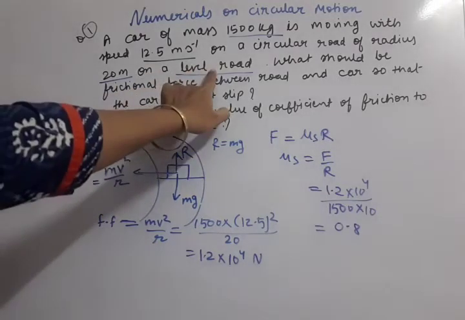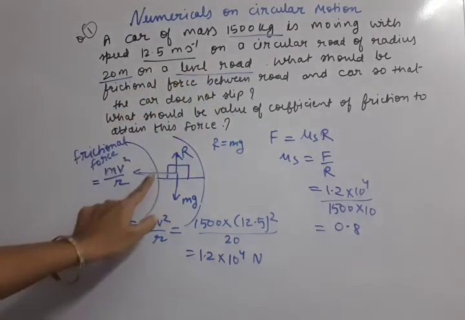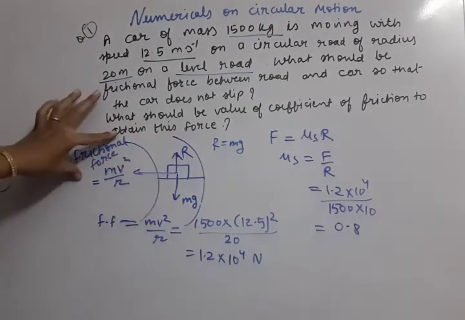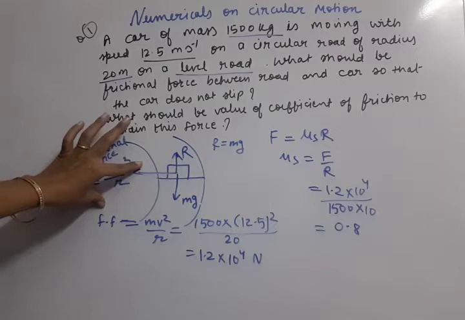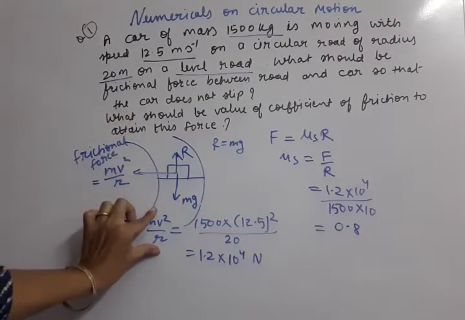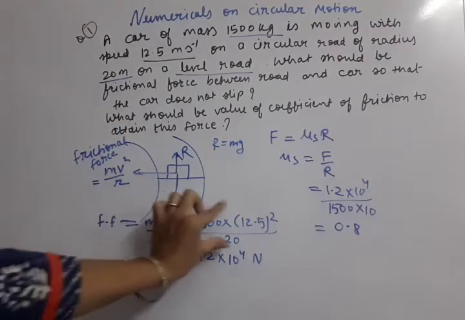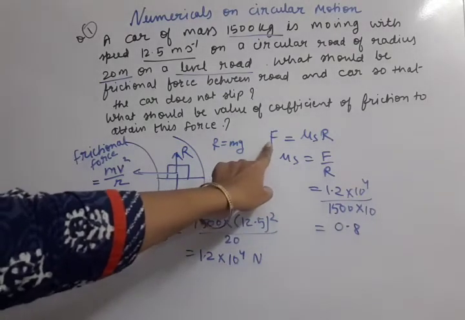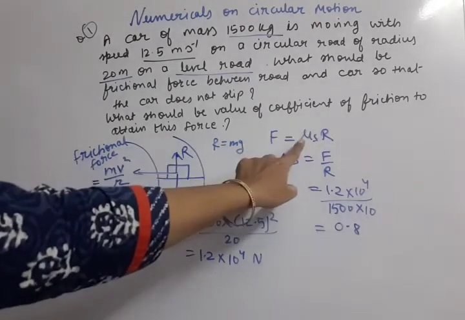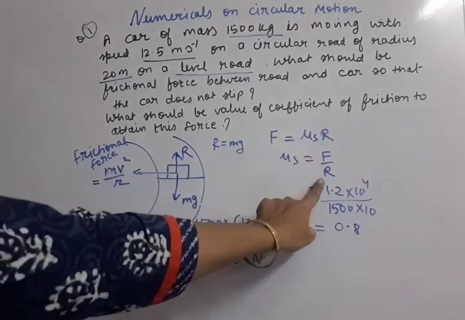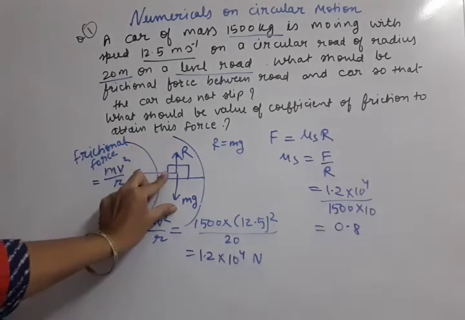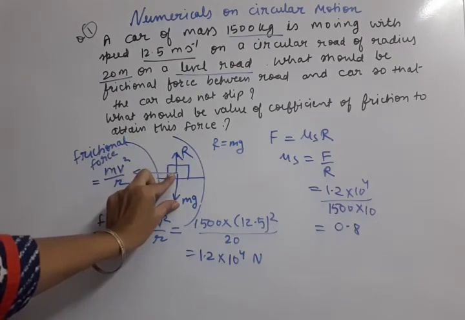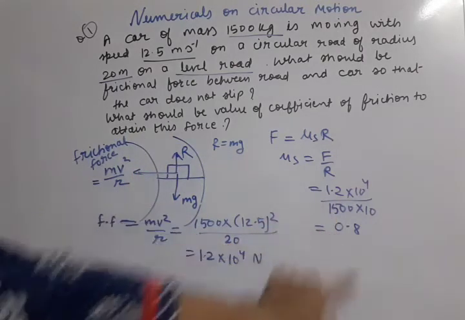So this is the question about level road. What did we do? We wanted to solve for the frictional force. So remember, for level road, frictional force is equal to centripetal force. So we have to solve for centripetal force. Its formula is mv square by r. Substituting all values, we got the frictional force answer. Then once we have the frictional force, we can get the coefficient of friction also. So mu equal to F by R. R is according to the diagram. Because it is the horizontal case, R is equal to mg directly. This way we have substituted, and we got mu s.